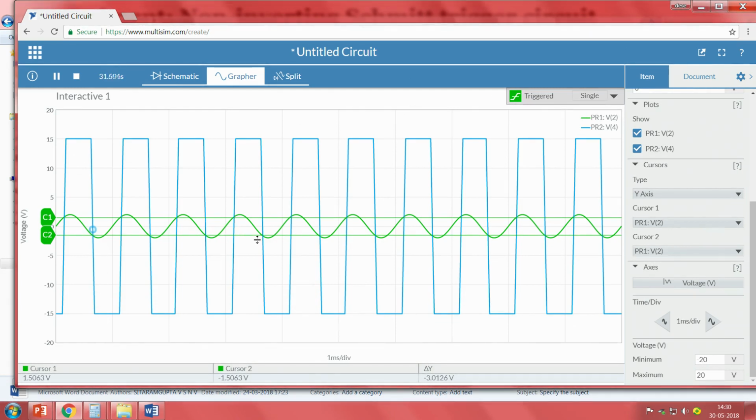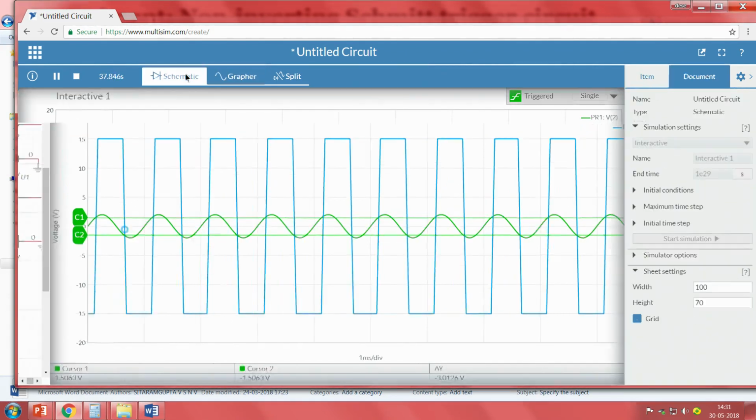But what is the difference that you observe from the inverting and non-inverting type? In case of inverting, this would have been reversed, meaning when the input is greater than C1, I would have got minus VCC, and when the input is lower than C2, the output would have been plus VCC. But in this case, the output is similar to the input with respect to the threshold. When the input is greater than the higher threshold, it goes to plus VCC, right.